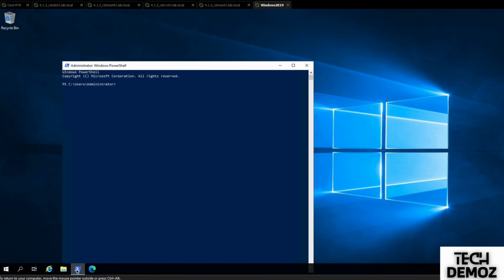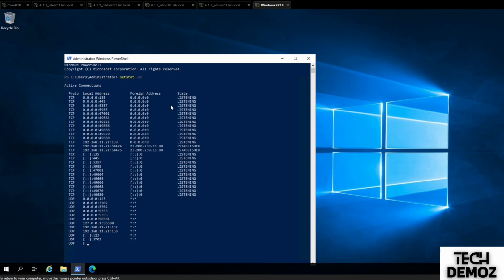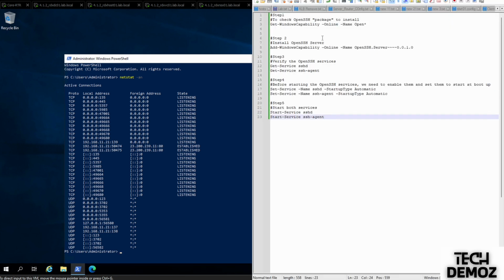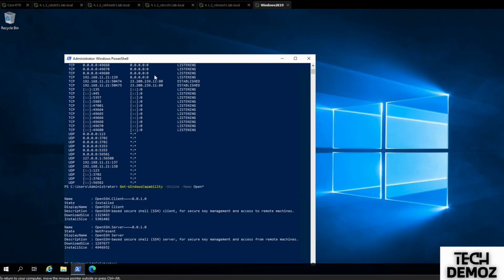Prior to that, I would show you a basic command, which is netstat -an. Right now we can see port 22 is not listening here. So we need to set up OpenSSH here. One by one we need to execute these commands. The first thing we are going to see